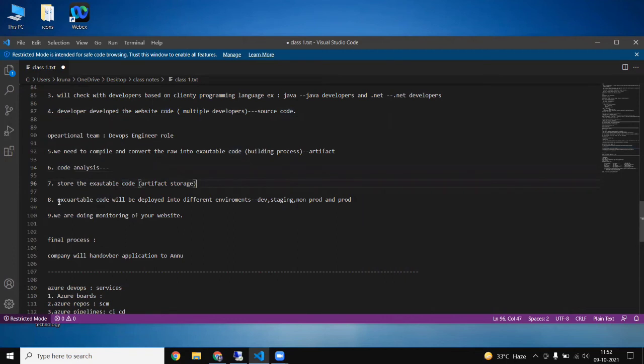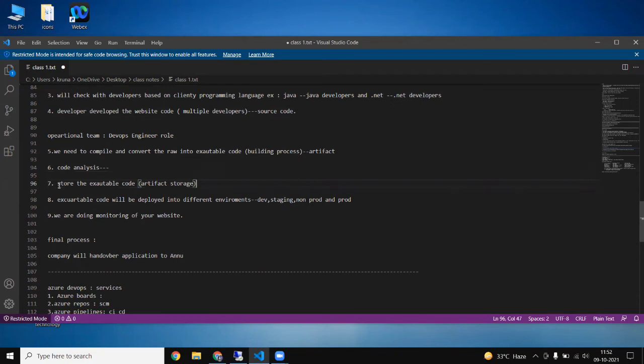And then what? The executable code will be deployed into the different environments. Okay, dev, staging or non-prod, and prod, you will not get this one. I will tell you when this stage will come.